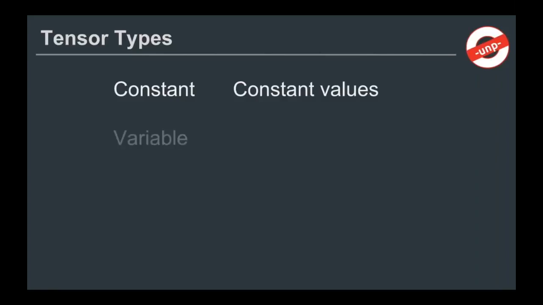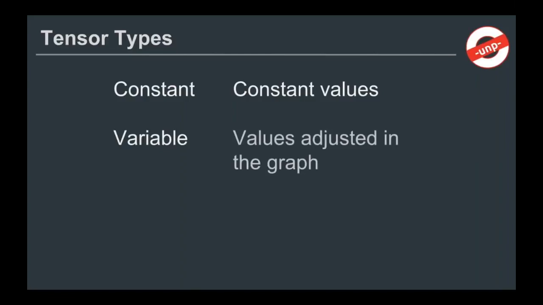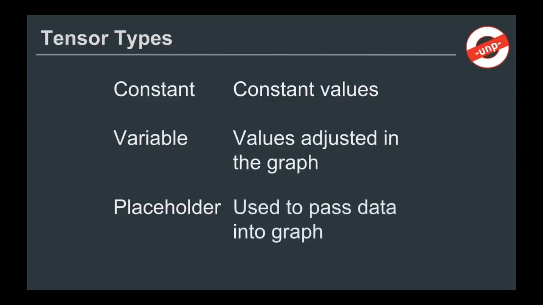They don't change, right? There are variables which are going to change. So these are values adjusted in that computation graph we were talking about earlier. And then we have finally our placeholder. The placeholder is the TensorFlow type we will use to store our data. Okay, so